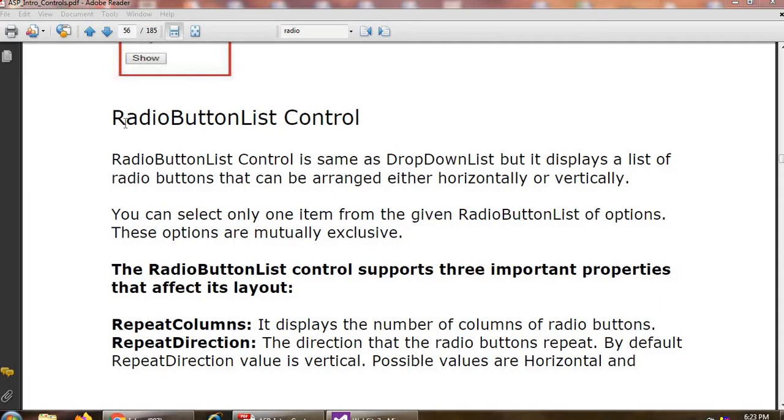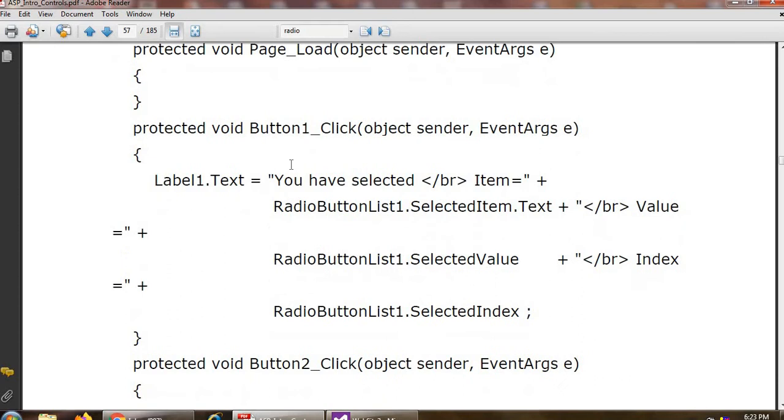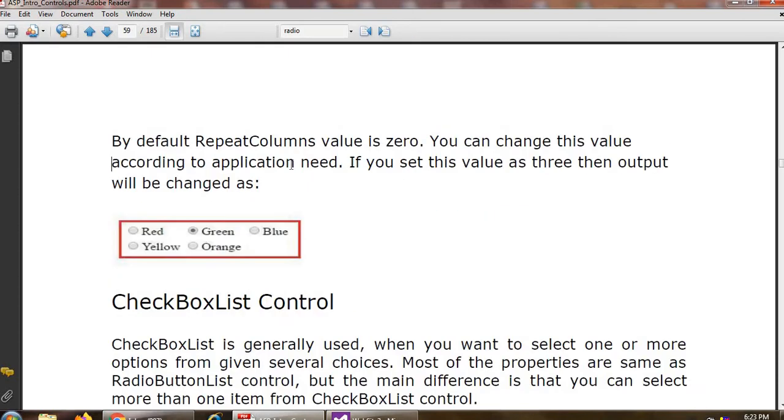If I want to use radio buttons, all of these radio buttons I can arrange either horizontally or vertically, like this. See here, one example is given over here. This is horizontal, right?